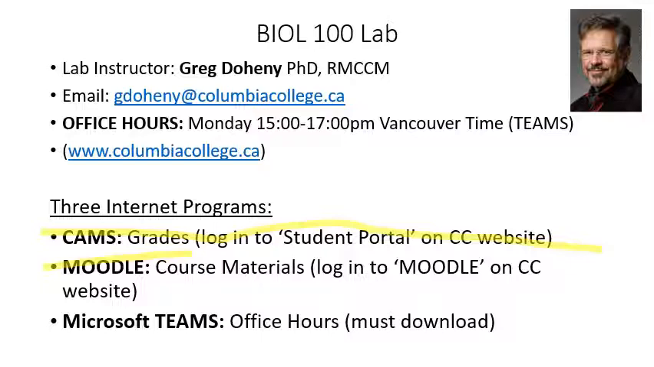You go to the Columbia College website, www.columbiacollege.ca, and instead of logging in where it says Student Portal, you log in where it says Moodle. This takes you to the page for the lab section of Biology 100. It has all of the links to the videos, the links to the quizzes, and so on, organized by week. So again, the lab, just like the lecture, is organized into 13 segments because there are 13